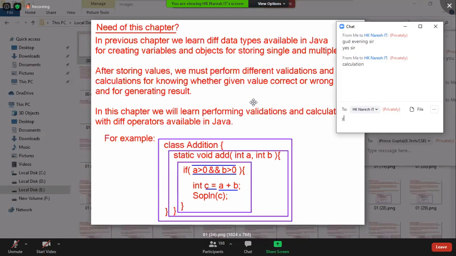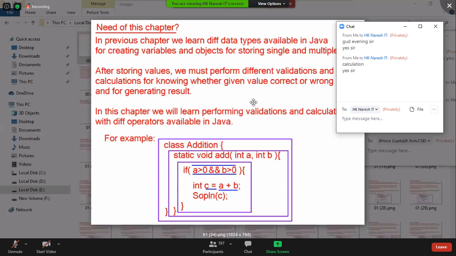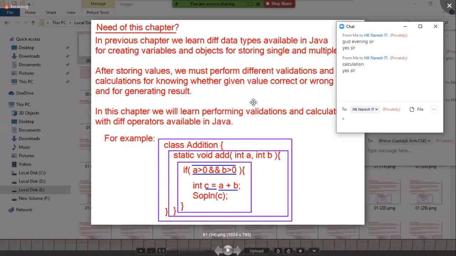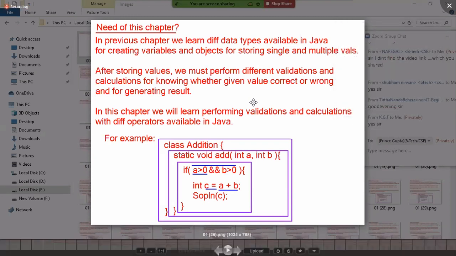Comfortable? Okay. So tell me now, here in the validation, how many operators have I used? Two operators, the greater than symbol and the AND symbol. Then tell me what happened here in this validation. First, which part is executed? A greater than 0 is executed. If A greater than 0 is true, then the AND operator allows the second expression or second condition, B greater than 0, to execute. If B greater than 0 also generates true, then the AND operator's final result is generated and given to if.